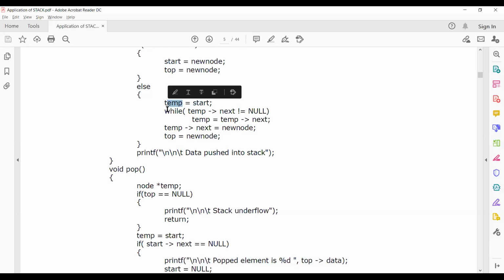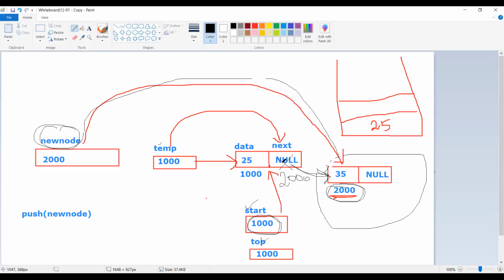One advantage is that I don't lose the list. The second advantage is that I want to visit every node in the list, right? Let me show for our case, where we have only one node. Let me draw a simple thing on the whiteboard.